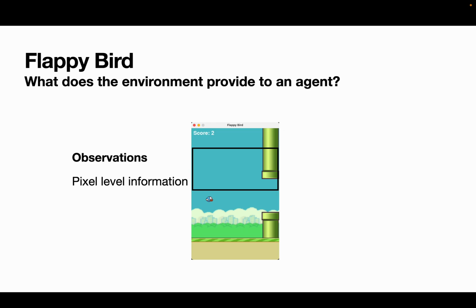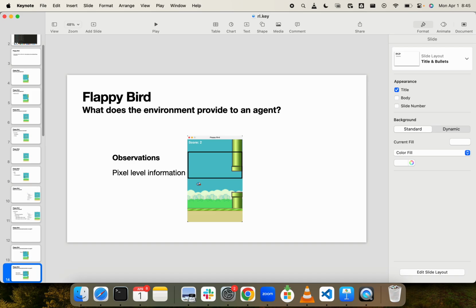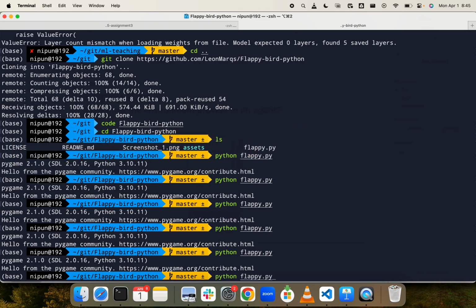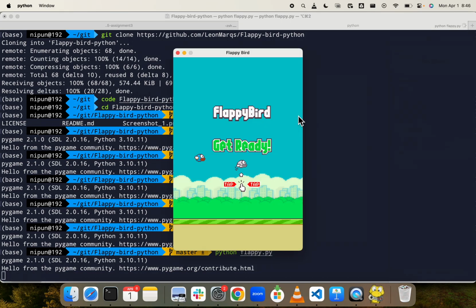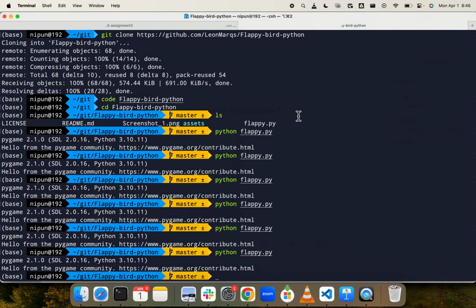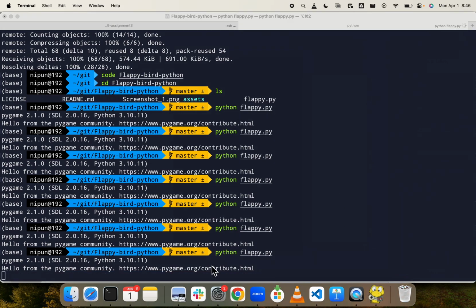Okay, so let's play the game again. There was no pipe at this point of time, but I fell down, like the agent fell down. So what do I need to consider? The vertical distance from the ground, right? It should not go very low. So that's one thing. Second, if I play it again,